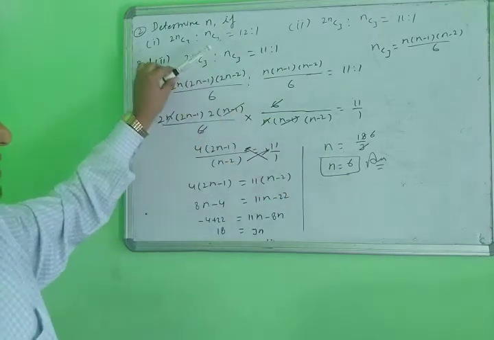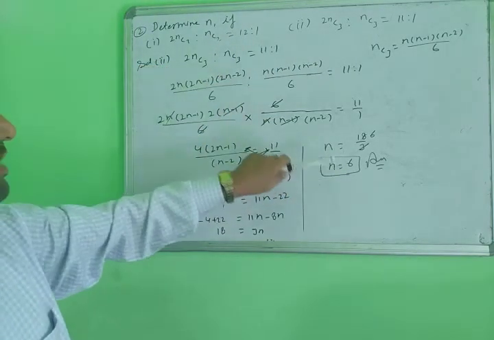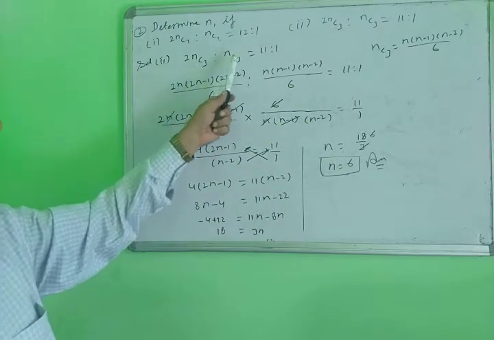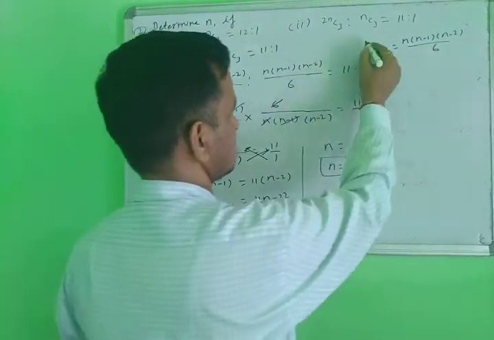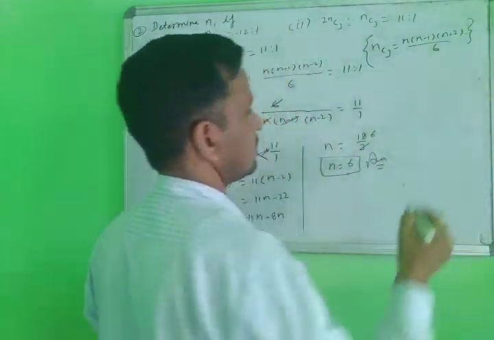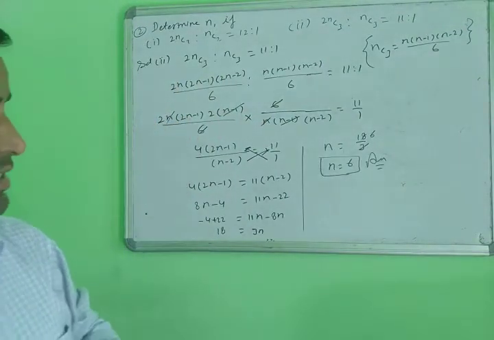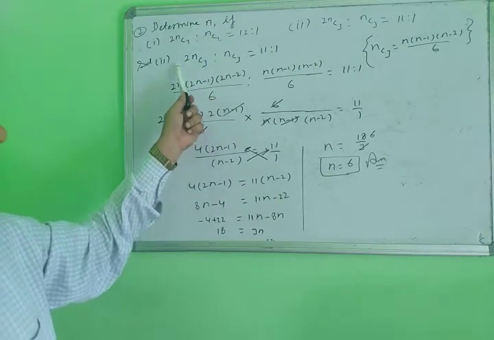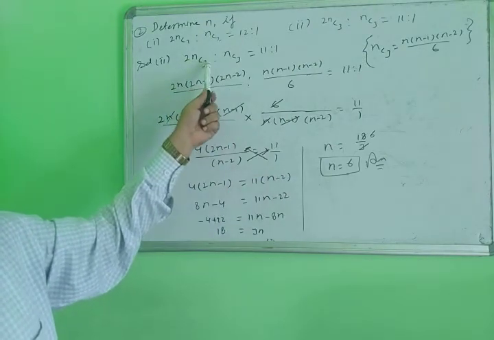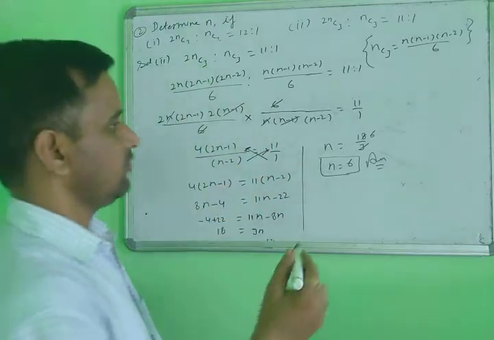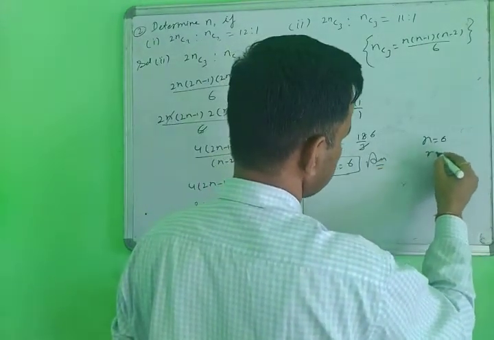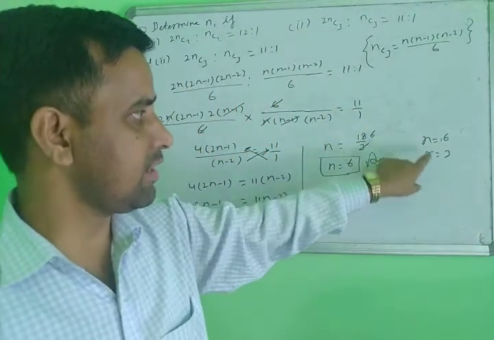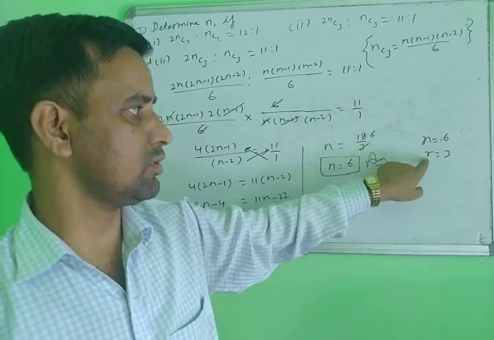But you will check these questions. Your answer n always comes greater than r. Now check here. First we will convert this nC3. This is your shortcut trick, shortcut identity of this nC3. So nC3, you check here. The value of n is 6 and r is 3. It means r is less than 6. So your answer is correct, meaning the value of n is more than the value of r.